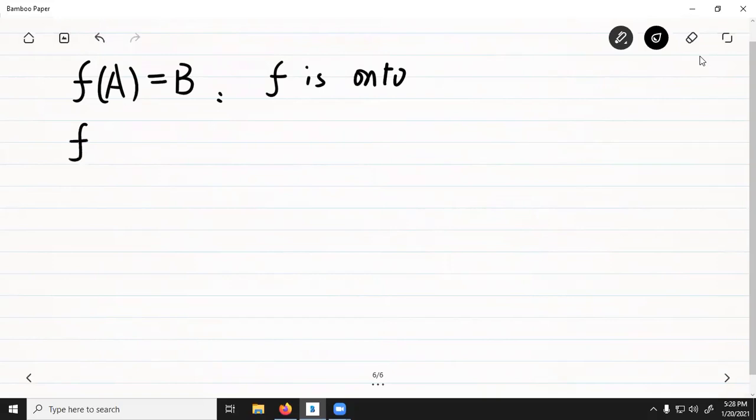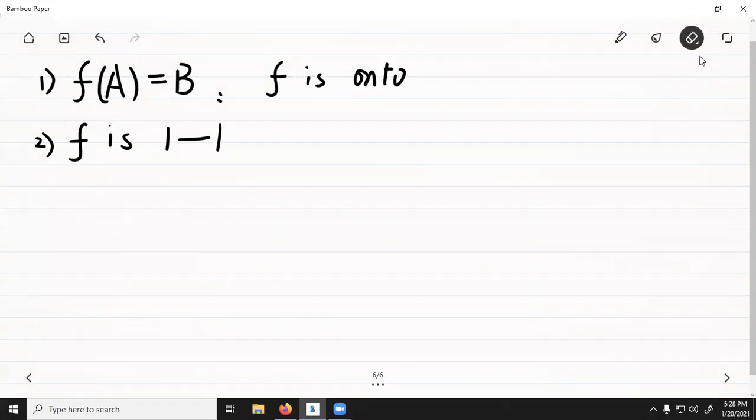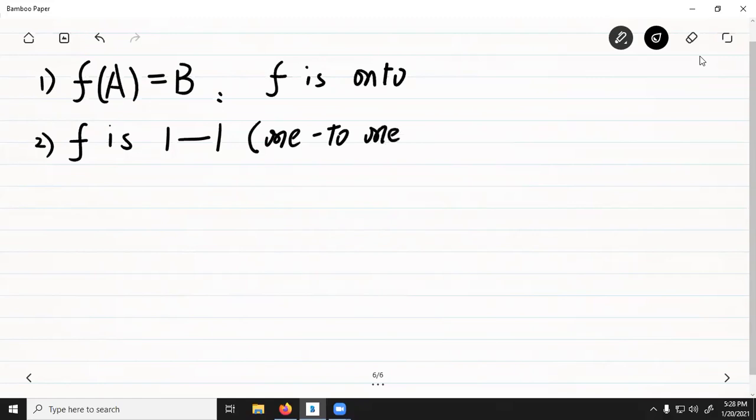And another one is the one-to-one function. This is the function f is 1 to 1. What does this mean? We will use this symbol to denote 1 to 1. So a 1 to 1 function means